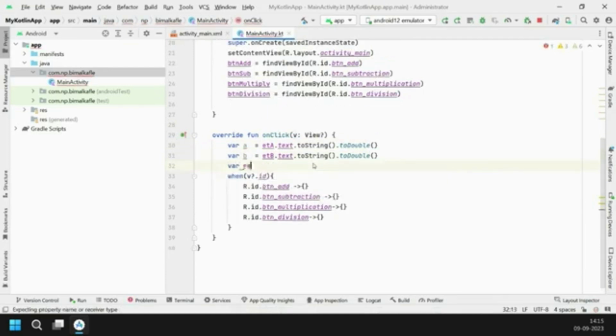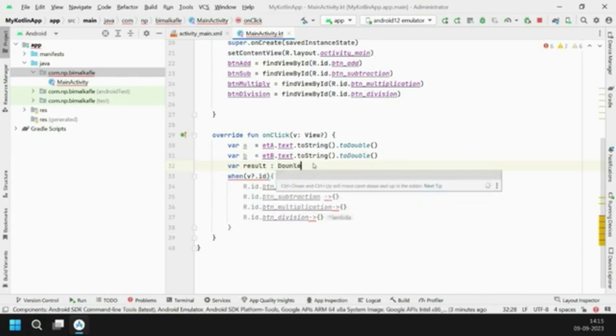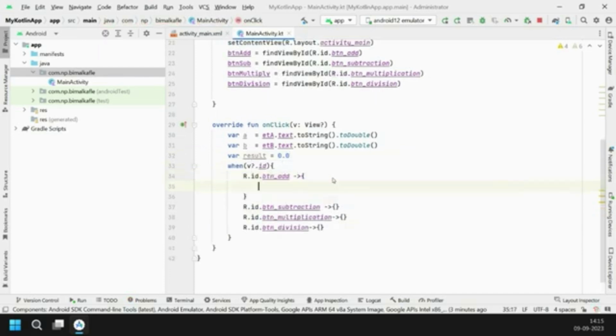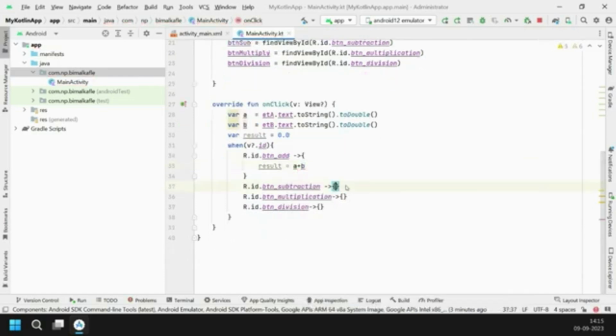Here it is different. Here you are trying to take the variable name eta.text to the string value to the double. Now double can take values as a double also. So that's the reason we are taking two variables a and b for the eta, and then I need to set the value onto my text also. So initializing the result as 0.0. Later we will be setting the value.